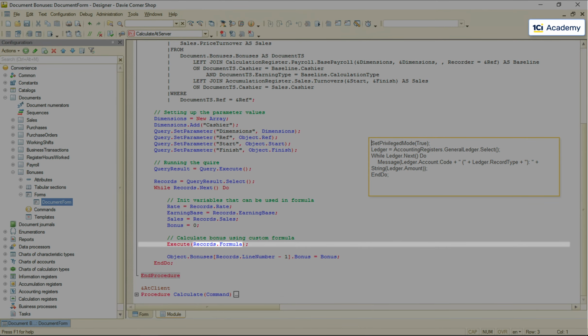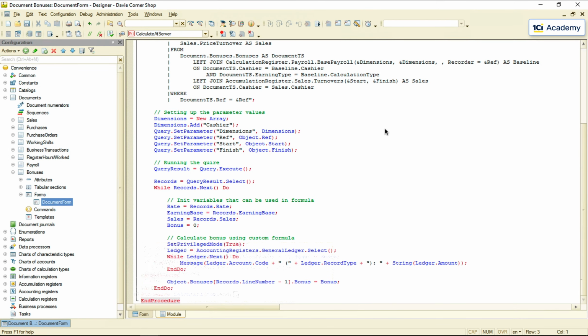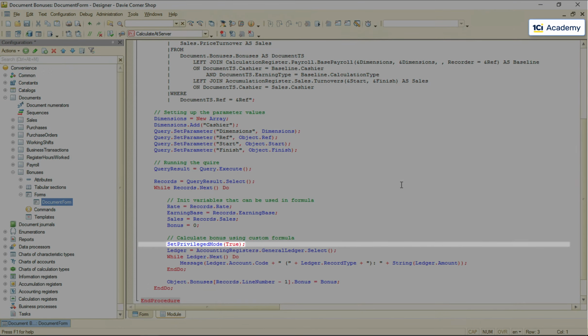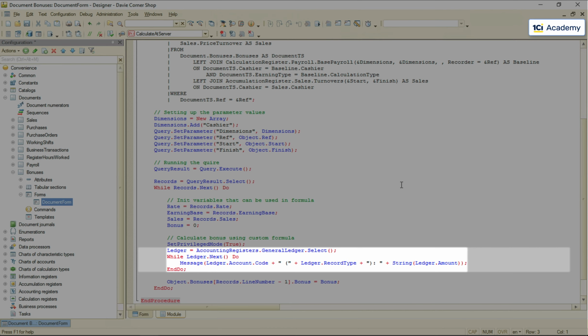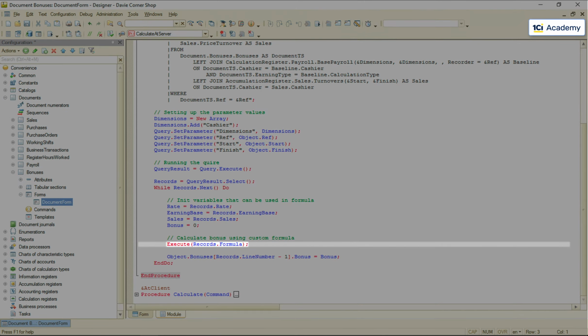The custom formula text gets passed to the execute procedure, which literally embeds this exact text right here in the source code during the runtime. And if the first thing I do is turning the privileged mode on, I get unrestricted access to any data regardless of my roles. This is why every time we do something potentially dangerous, like executing custom code, we need to use the privileged mode antidote,